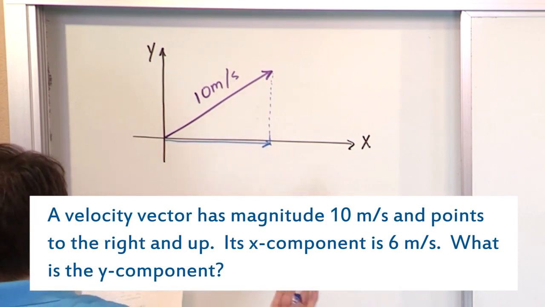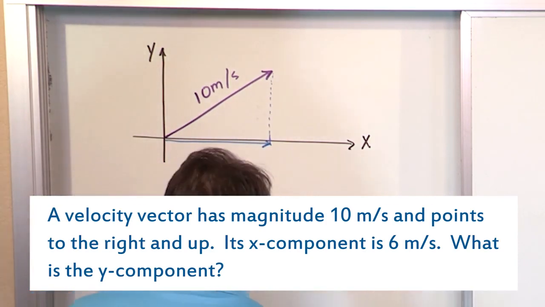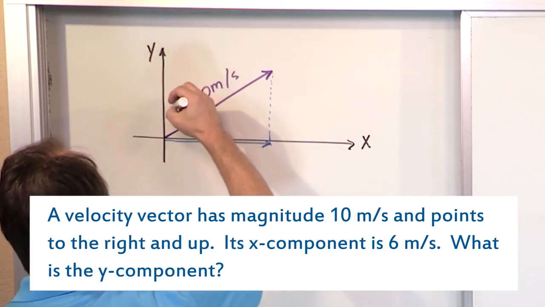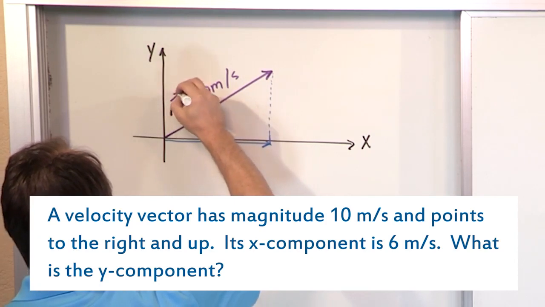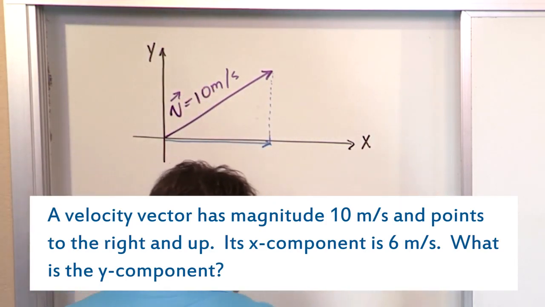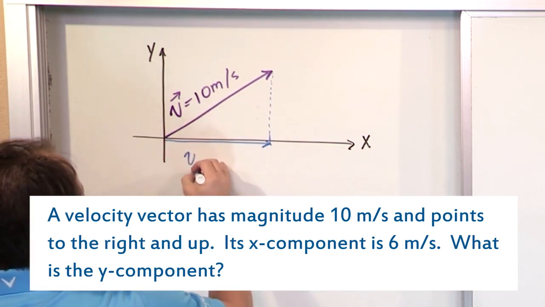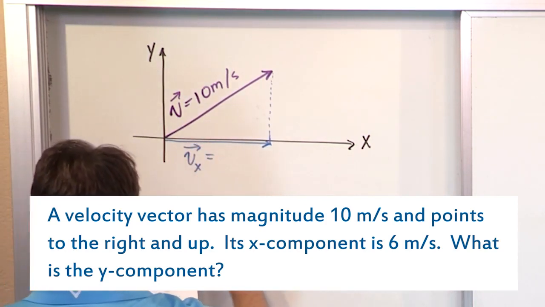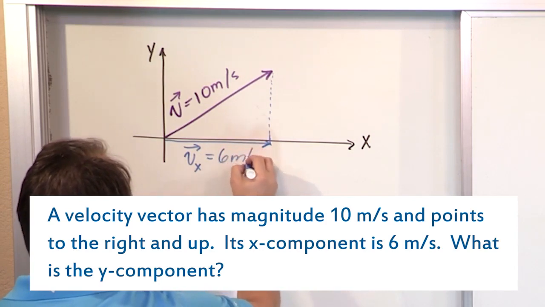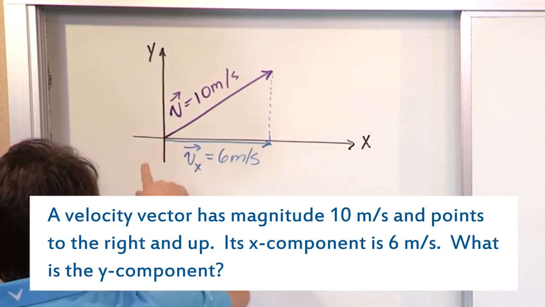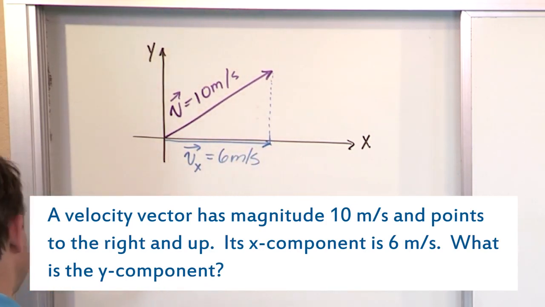So if the velocity, let's call it v, vector, is 10 meters per second, then I'm going to call v sub x as a vector, and that length is 6 meters per second. So we know the length of this arrow is 6 meters per second. The question is, what is the y component? So we're given this